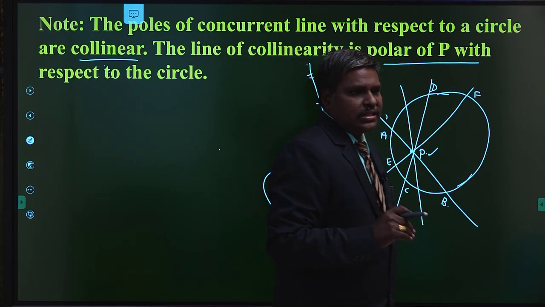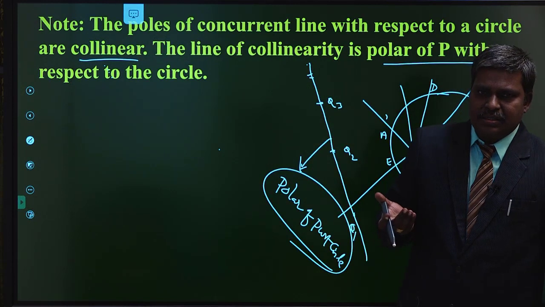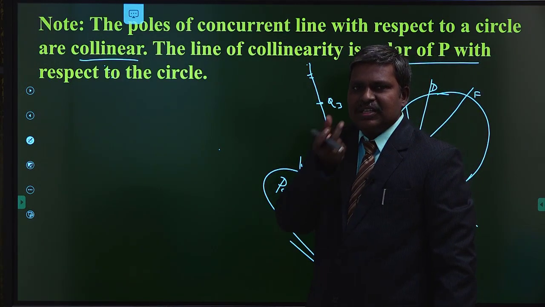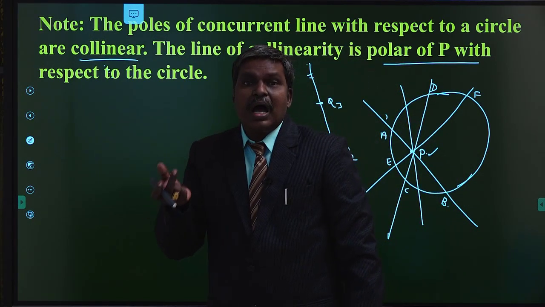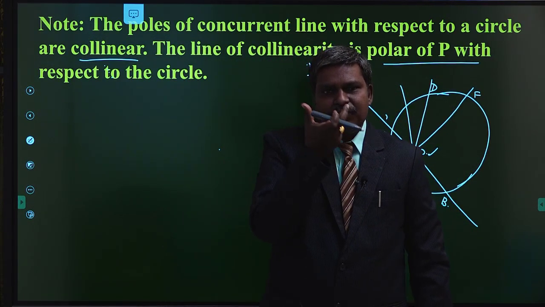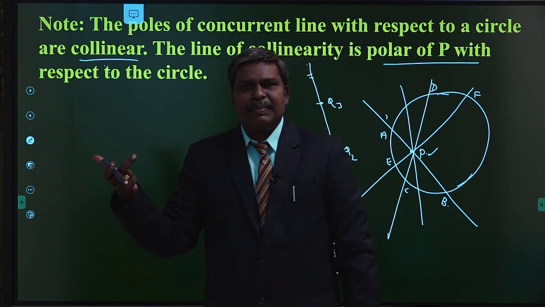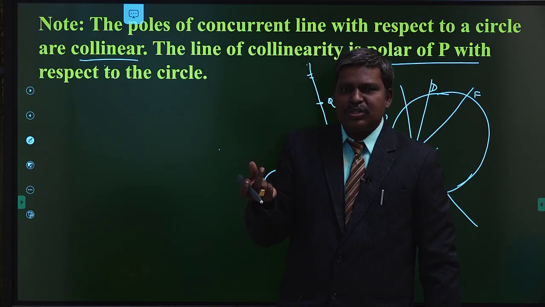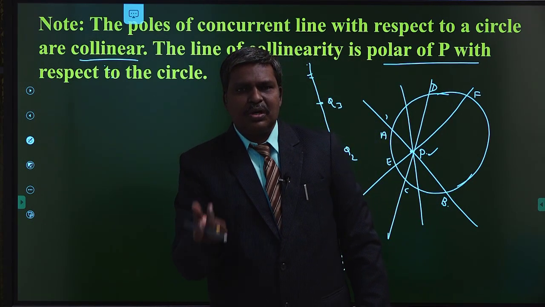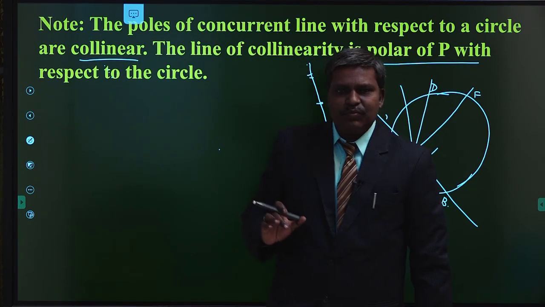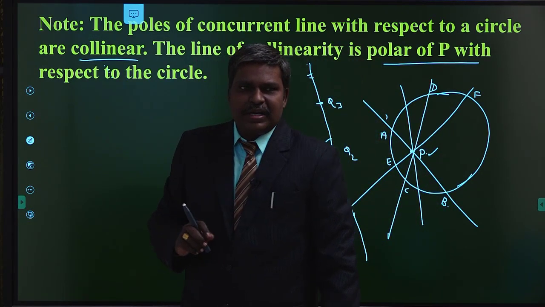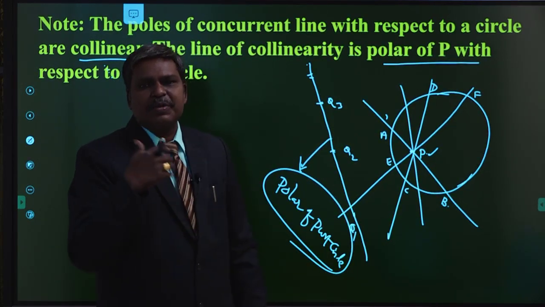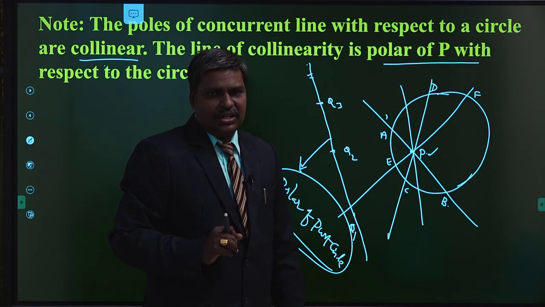So up to now we discussed what are conjugate points. 2 points P, Q are said to be conjugate points if polar of P passing through Q or polar of Q passing through P. If half of the work is done, automatically the remaining work is done. So polar of P passing through Q, the condition is S12 equal to 0, immediately S21 equal to 0, polar of Q passing through P. At that time we say that the 2 points are conjugate points. If you take any point on polar of P, that is conjugate to P with respect to the circle. That is the definition of the conjugate points.